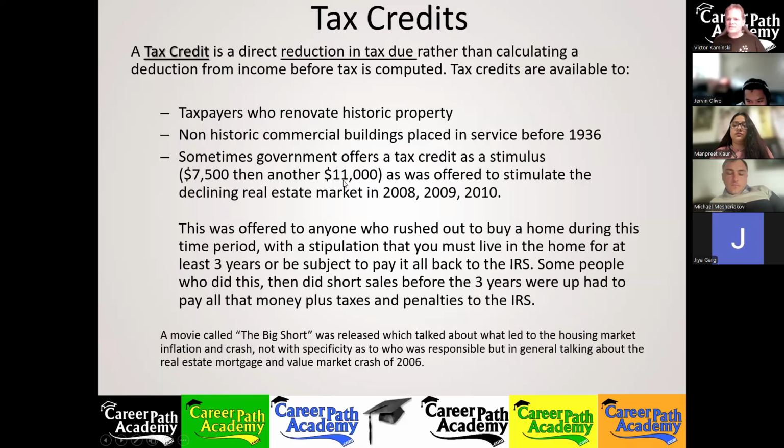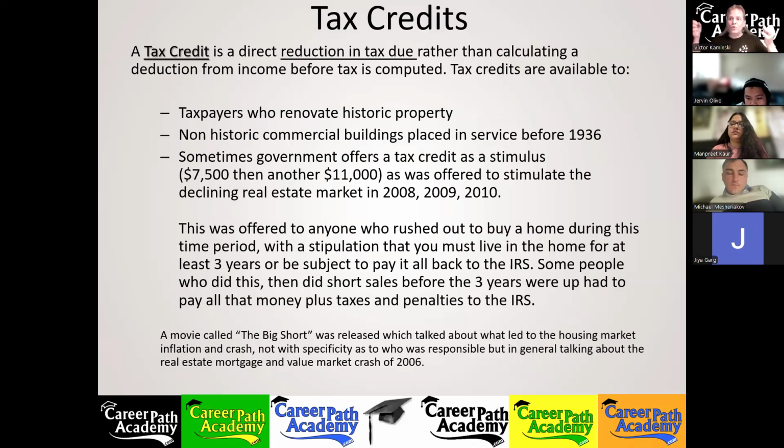So they did. They offered this time an $11,000 incentive for people to rush out and buy homes, and they did, and they rushed out. They bought homes. That curve kind of flattened, but it was not 100%. And then once that stimulus went away, that tax credit went away, what happened? Property values continued correcting themselves. So what did politicians manage to accomplish? They accomplished stretching out how many years it would take for the market to correct itself, instead of just crashing, people getting foreclosed on, being the end of it. Instead, now they stretched it out.